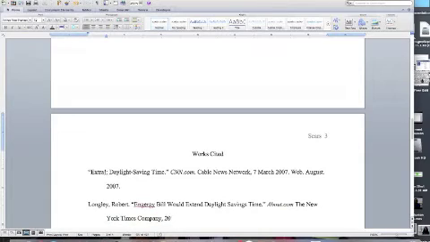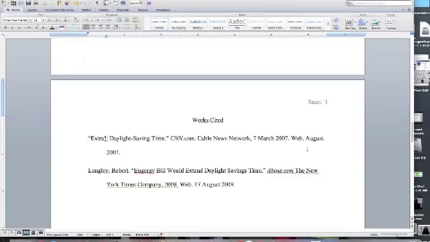Okay, so that's two works cited entries, and remember, if I see that you're using Longley in your works cited page, I'm going to look up in your actual essay and look for him. How many times did you refer to this person? And I'm going to put a check mark. So this is where I put the check marks. You want to make sure if you have the source listed in the works cited entry that you actually used it. If you don't include it in your essay, then you can't include it in your works cited entry. I'm going to begin the third works cited entry,